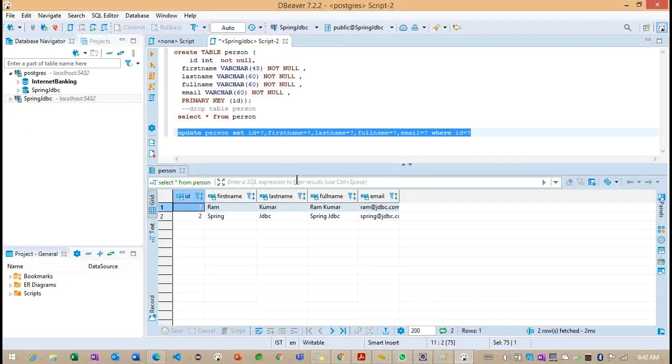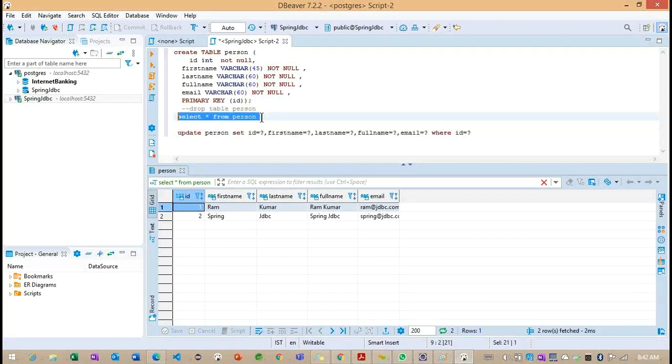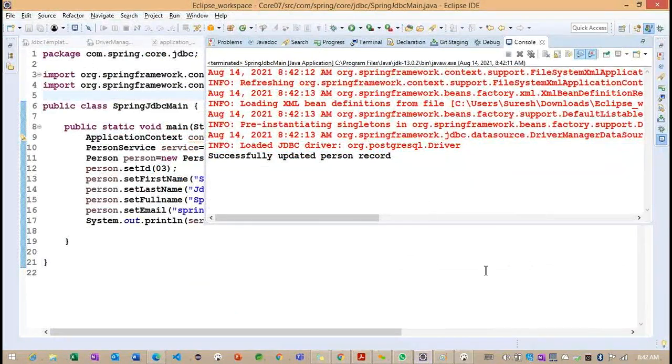Now what we can do, we need to see what records are updated. Yes, now you can see. So based on this particular ID, we are updating the records here.